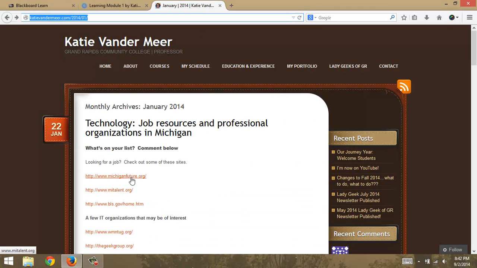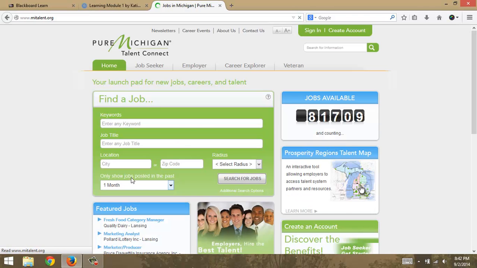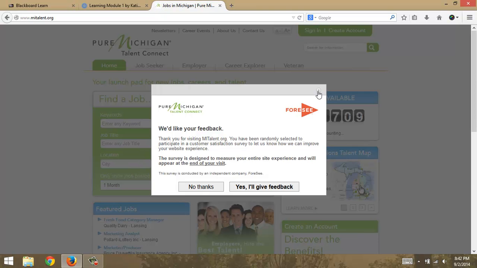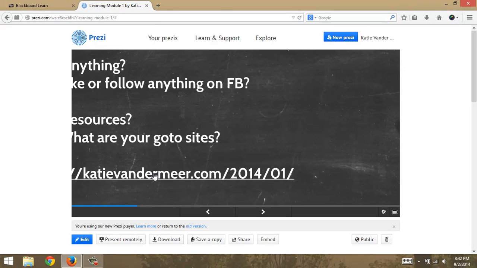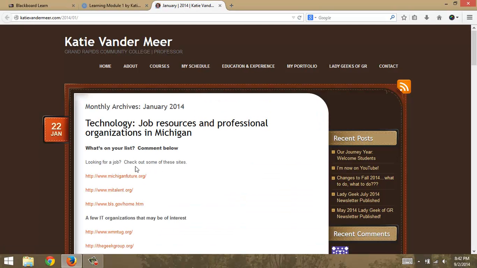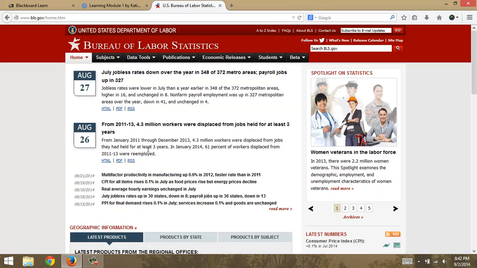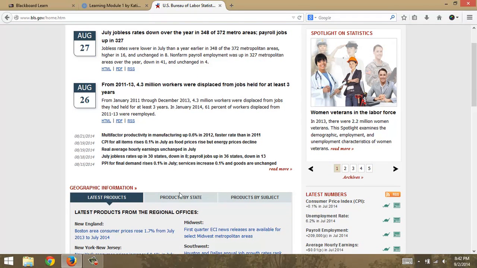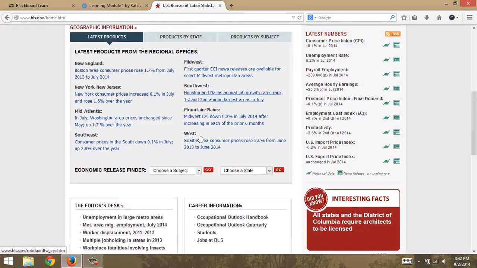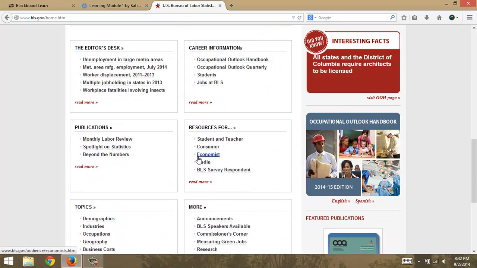One of the other things, MichiganFuture.org. That one there. And then the Bureau of Labor Statistics right here. This website will give you an idea of how the industry really is in Michigan, in Grand Rapids. You can pick the area that you want to move to, and it has really specific things on job titles,